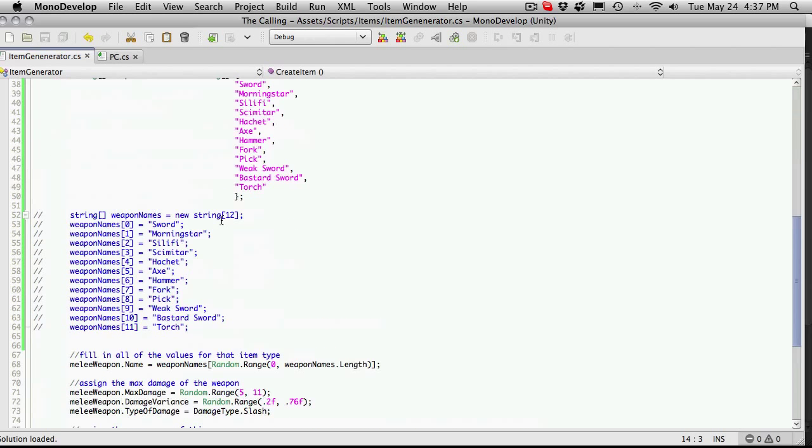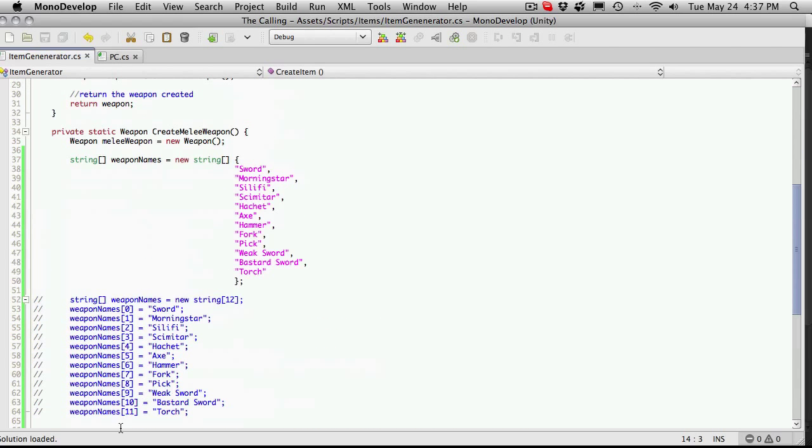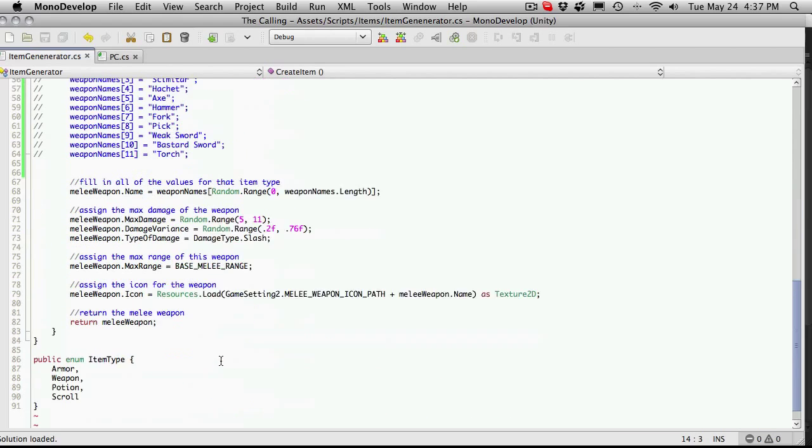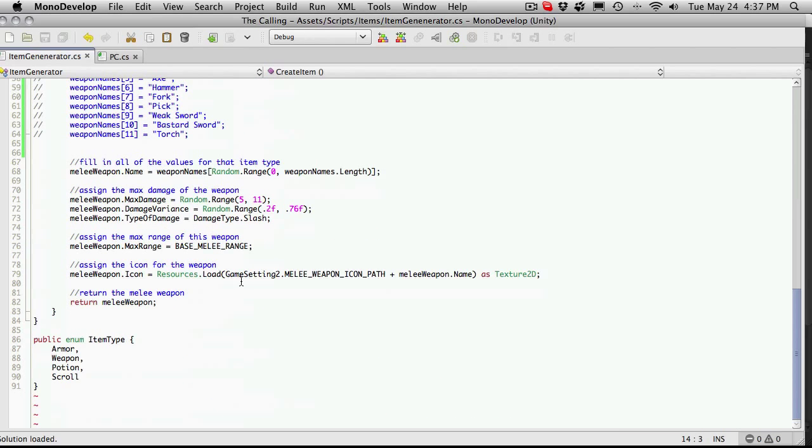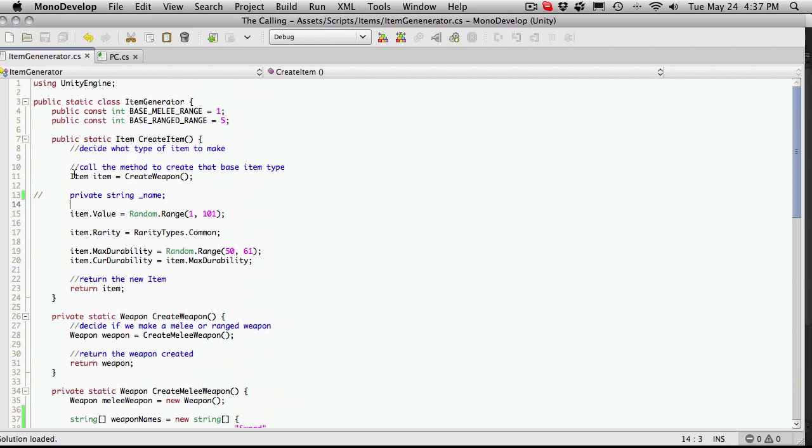So for instance, let's say we make a sword. It comes down here, it makes a sword, it assigns random values to it, and it spits it out back up here. And then we come in and add a few more random values to it, then we eventually just return it. Right here, I actually wanted to add a prefix to the item, basically for the material that it's made of. So if it was made of iron, for instance, instead of it coming back just saying sword,